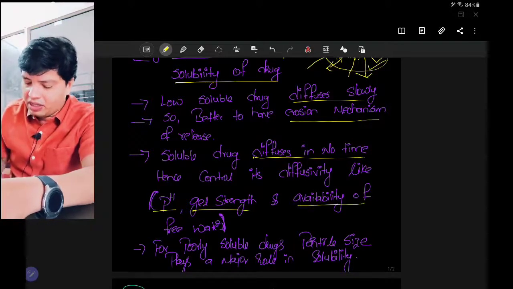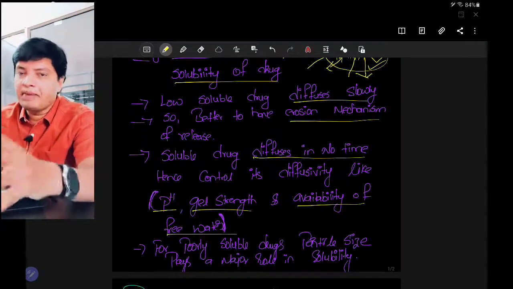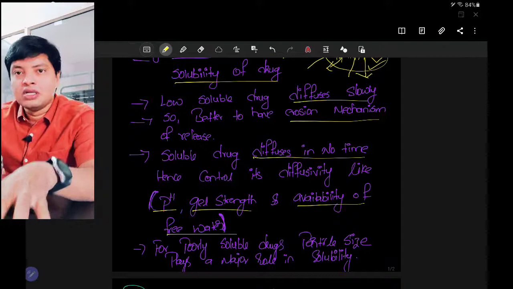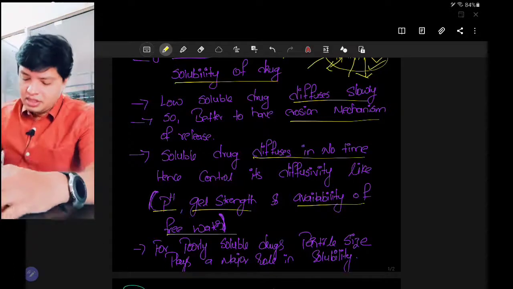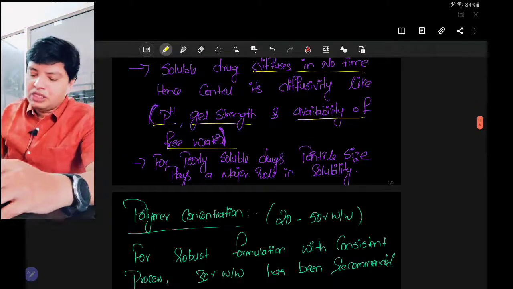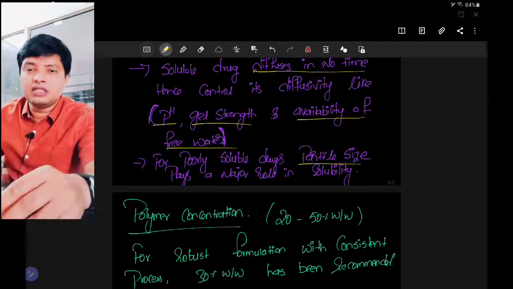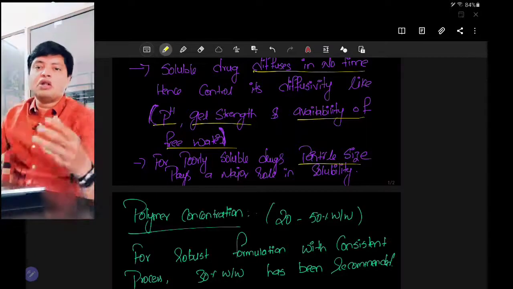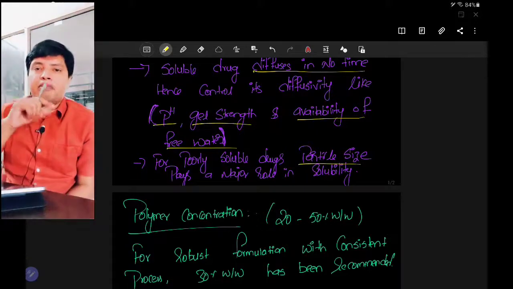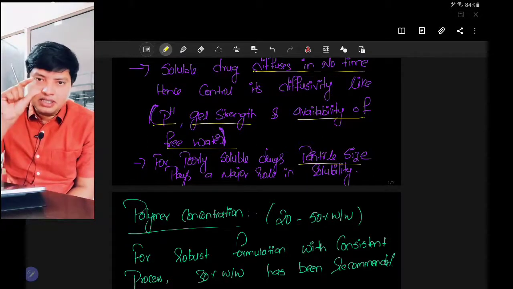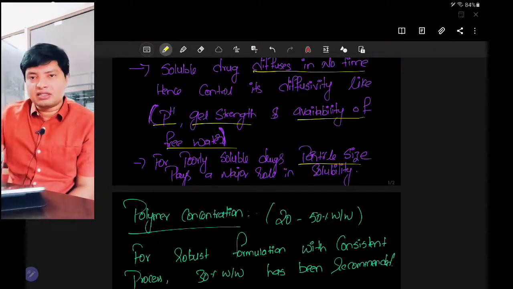Then availability of free water, that's what I said. Take a polymer which takes up the water slowly. Make the availability of free water less for the soluble drug. Hence, what happens? The drug will not get solubilized and it will be released slowly. Then, for a poorly soluble drug, if you want to increase the solubility, you can go for particle size reduction, because reduction in particle size increases the surface area. Particle size decreases, surface area increases. These are the factors related to the drug.